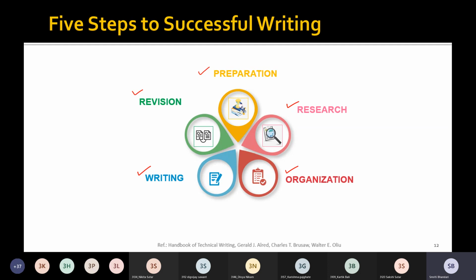For example, you are going to determine the needs of your reader and the purpose of your document in this first step of preparation, right? But determining the reader's needs and the purpose will affect the decisions that you are going to make in all those subsequent steps.